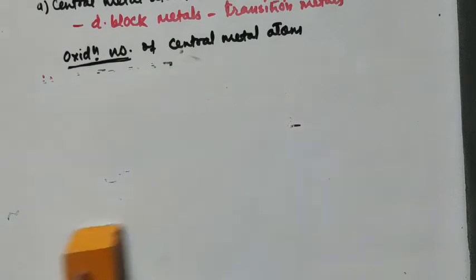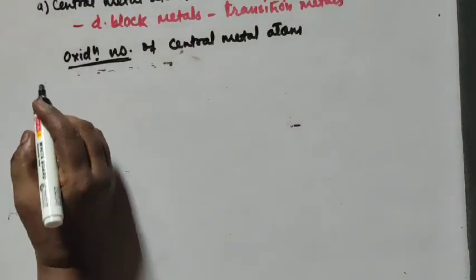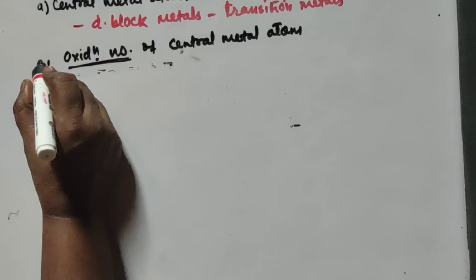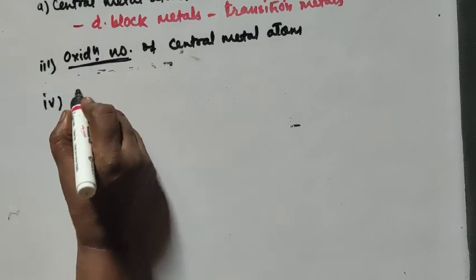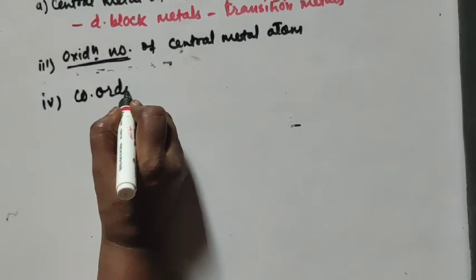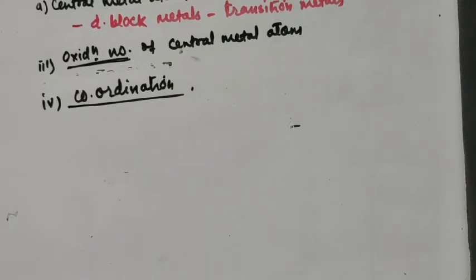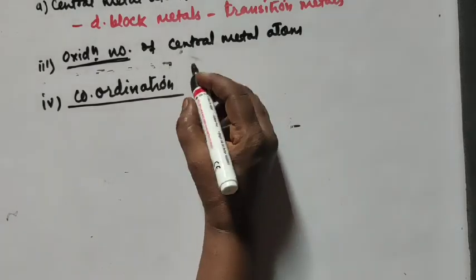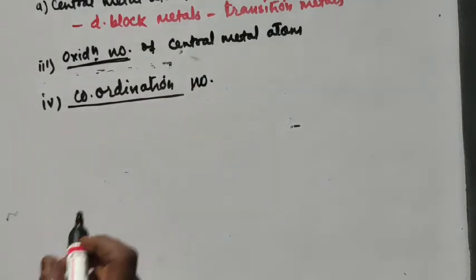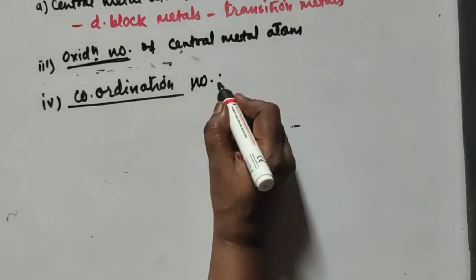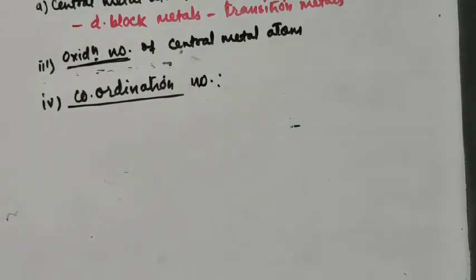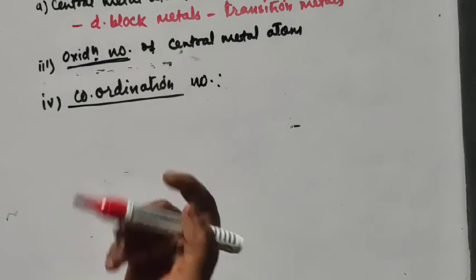Then the next term is your coordination number. This is the fourth term. We are discussing the terms used in coordination compounds, or the terms concerned with coordination compounds. So the coordination number is just the number of ligands attached with a central metal atom. We'll take again the same example of K4